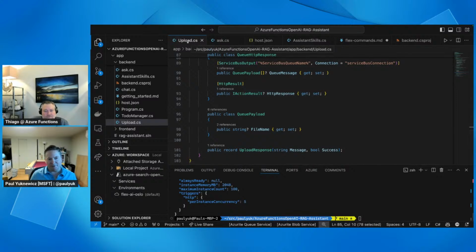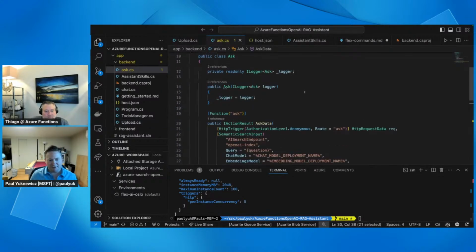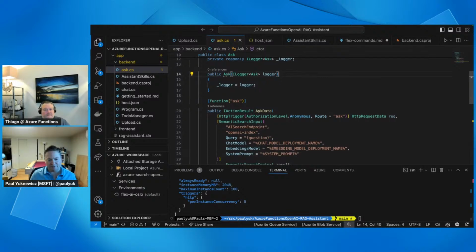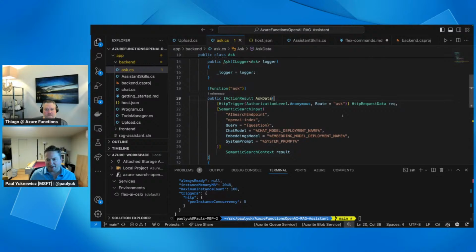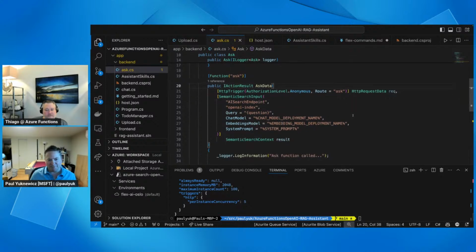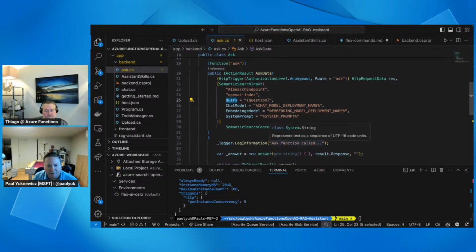We're ingesting and uploading the data. And then part 2 would be asking with a prompt. And so here the user does an HTTP trigger, which will take their prompt. And you can see we're going to get the prompt right off the post request. So it just comes in here as an attribute.